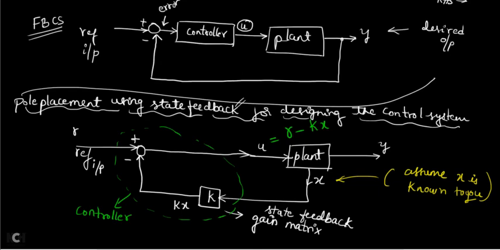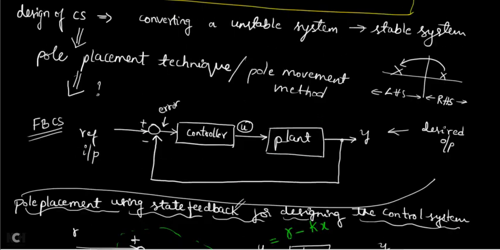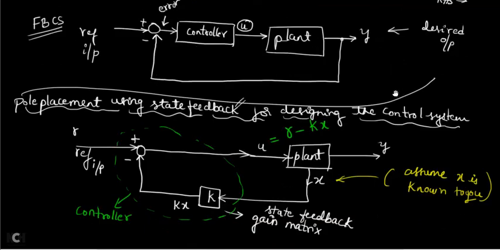Now let us find out. Assume that we want all our poles on the left hand side. You can determine any poles on the left hand side. You can say I want a pole present on the left hand side at -1, one more pole at -2, and one more pole at -2 plus 1j. Like that you identify the position of poles where you want them on the left hand side. After identifying the positions of the poles, by using those positions you have to now design the control system.